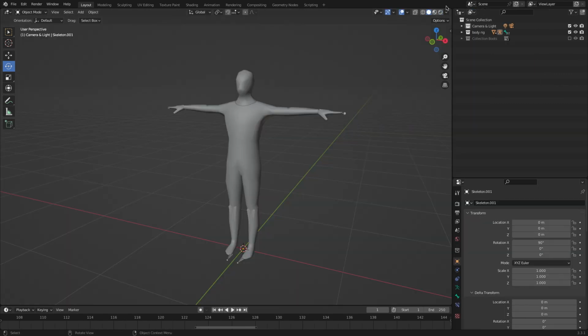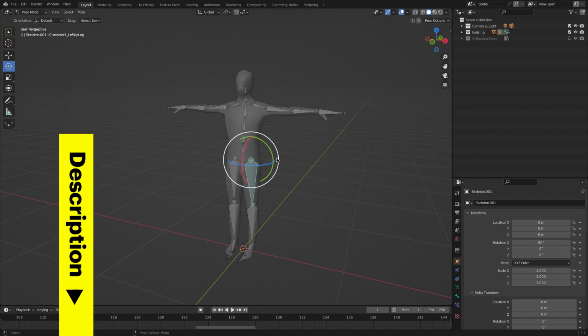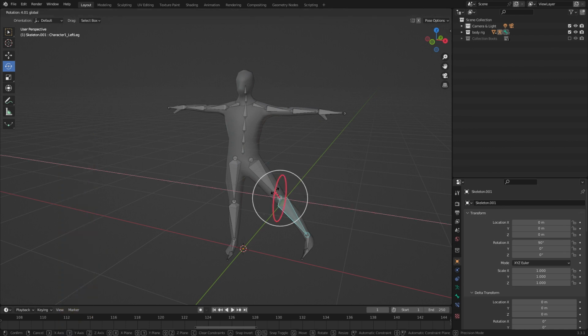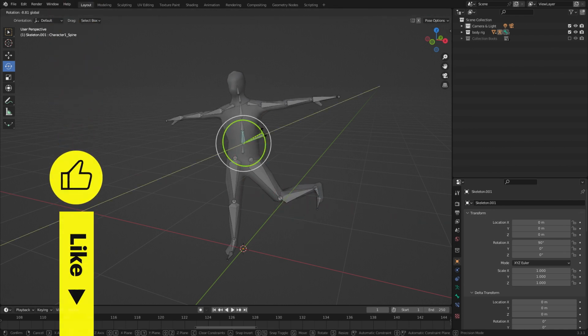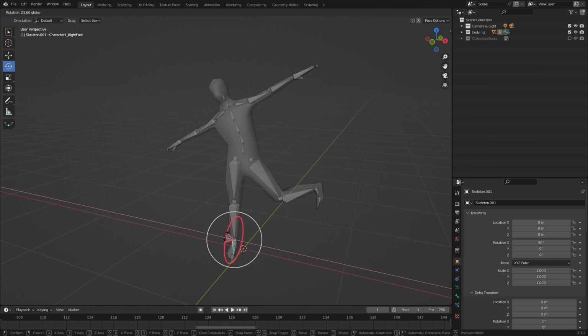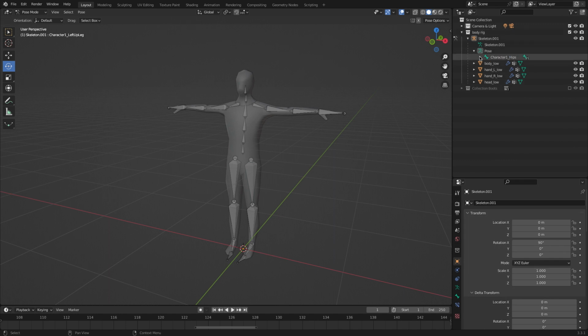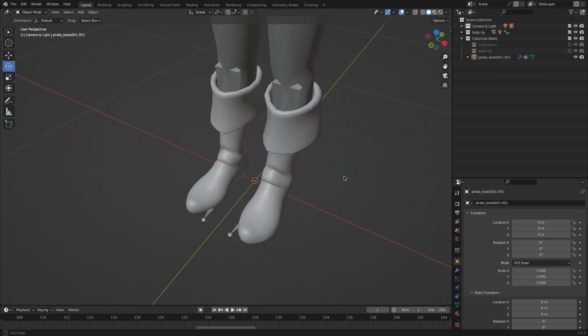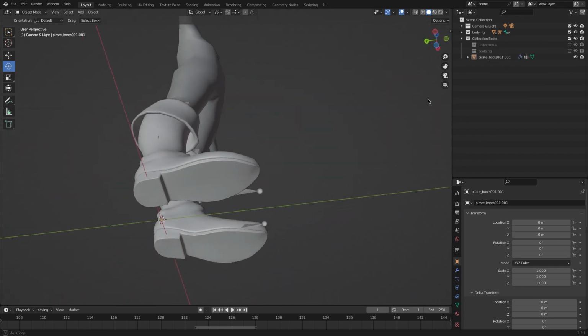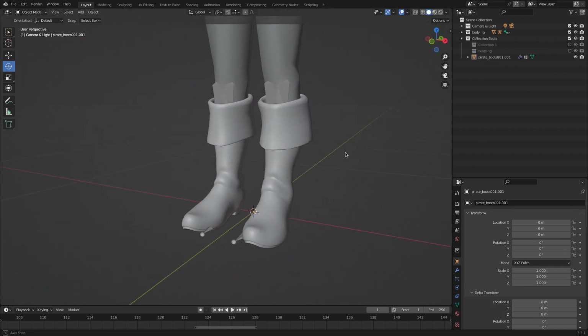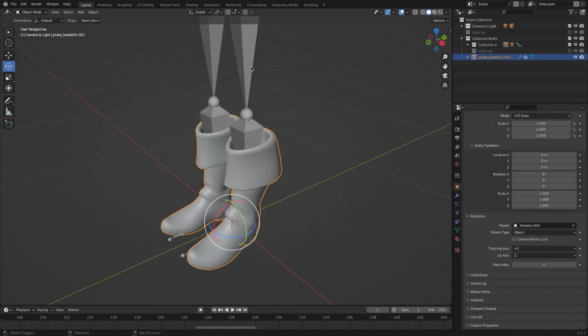I imported the rigged snap body mesh into Blender. You can find a link to the FBX in the description below. This FBX includes a human body mesh and skeleton that matches the full body mesh in Lens Studio. Every bone is matching an attachment point in the 3D body tracking asset. When preparing the boots 3D model in Blender, I made sure that they are placed right on top of the legs and feet of the snap body mesh.